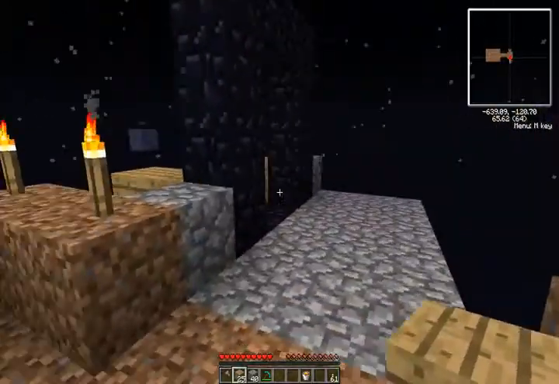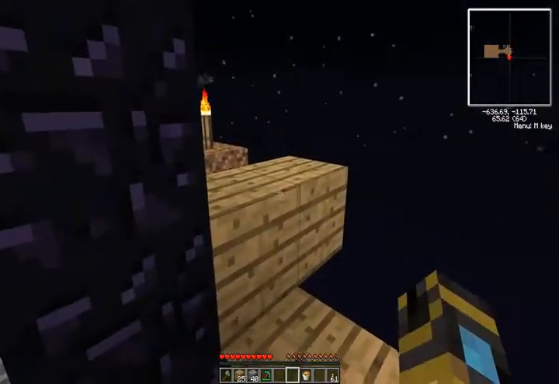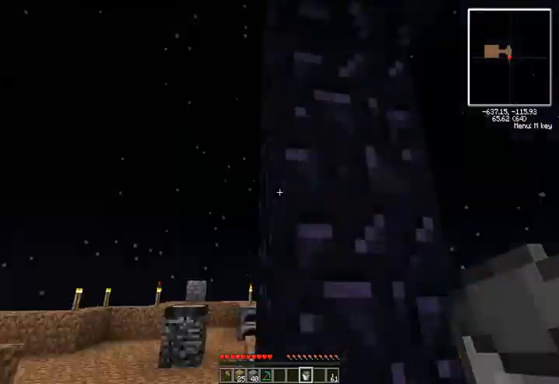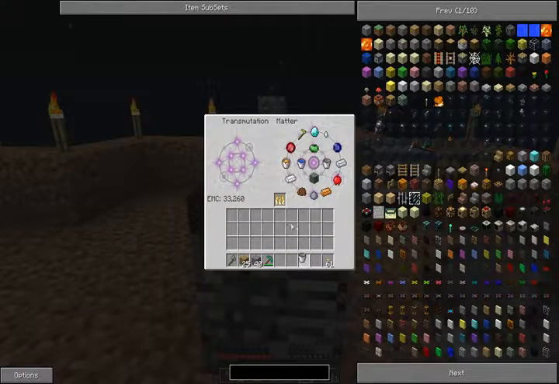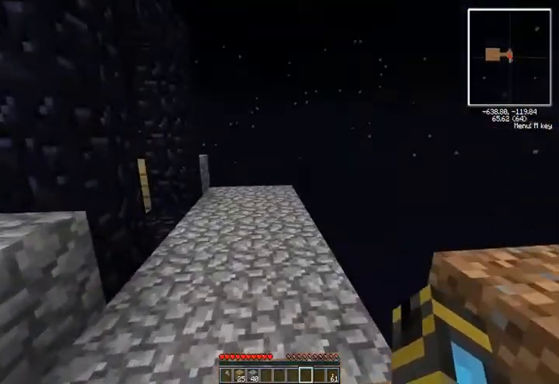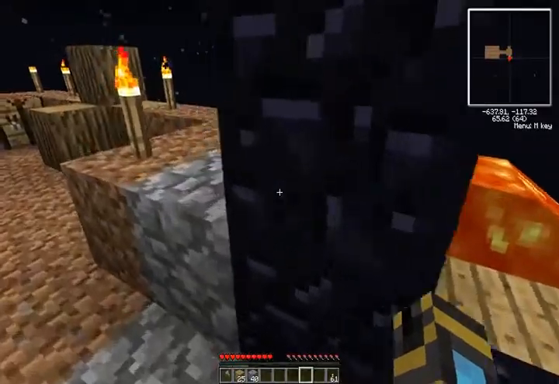Yes, if I set this on fire, and if the fire tries to transfer to this block, then I'm going to be able to get a portal going without having to do any of the work. Nothing extra needs to be done. Only losing 2 EMC if I put that back in there, and I get a nice diamond pickaxe in there. Lovely. So I'm going to wait here, and you will get to see...